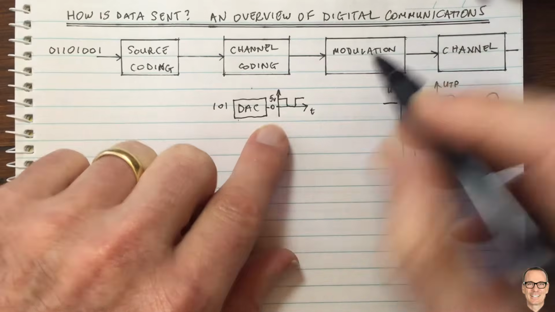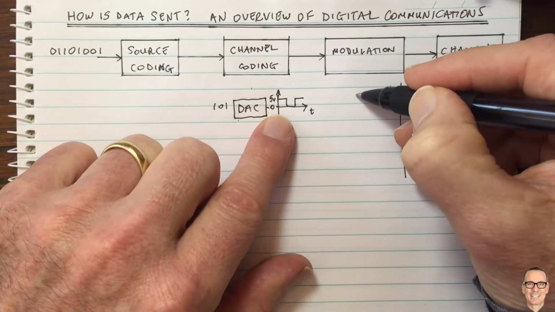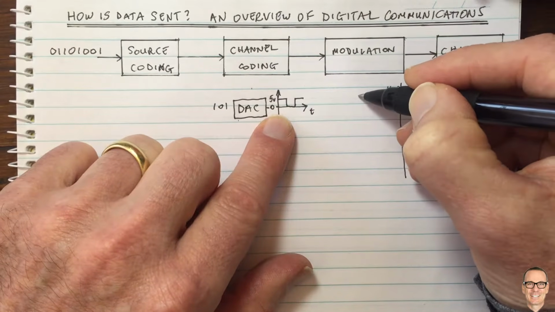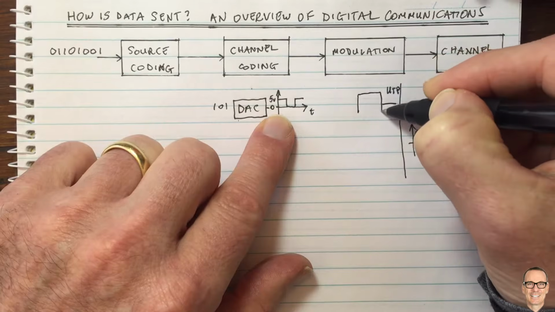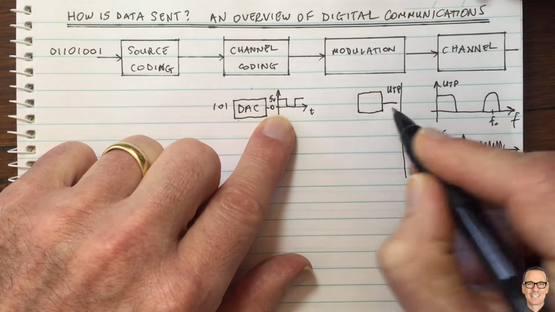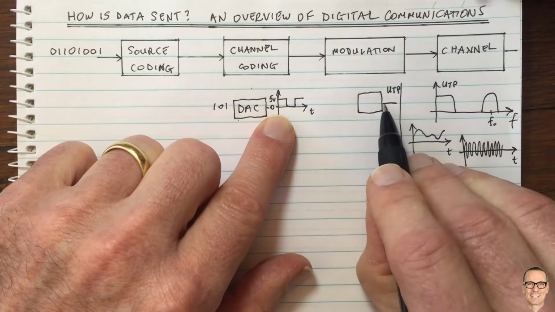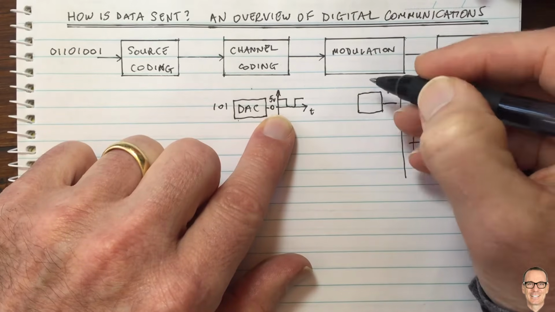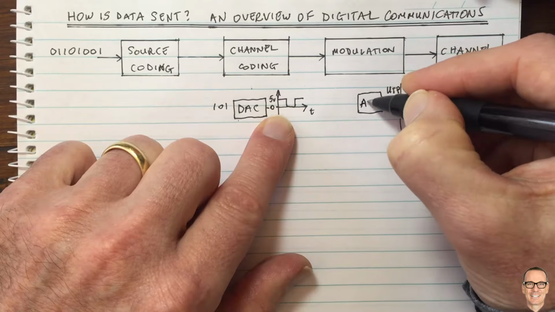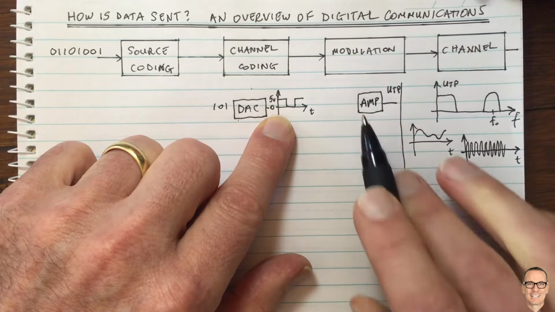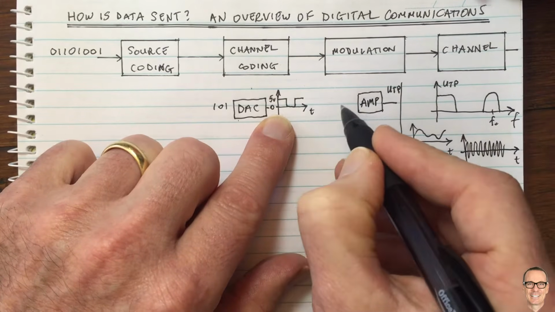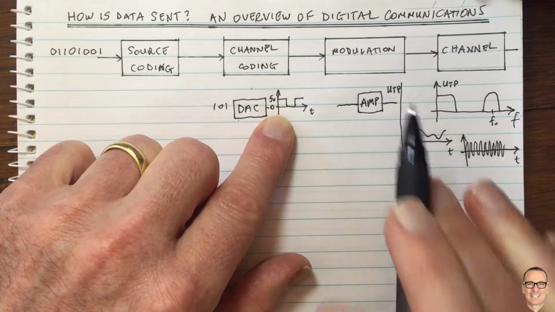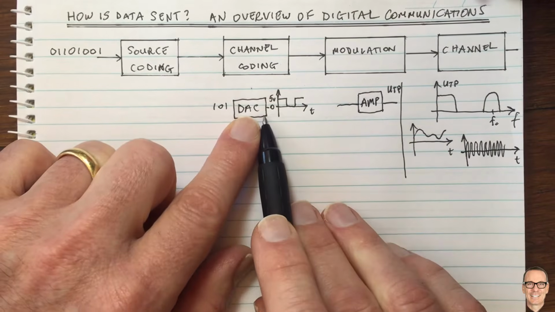And what we need to make sure is that the voltage or the power going down onto those wires is going to be enough so that it can get without too much loss along those wires and get to the destination at the other end where the receiver is. So for this, we need an amplifier. So that's an amp. So for the unshielded twisted pair channel, it's as simple as this: a digital analog converter,